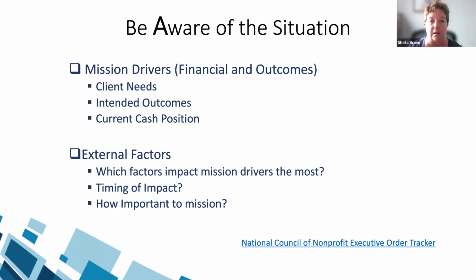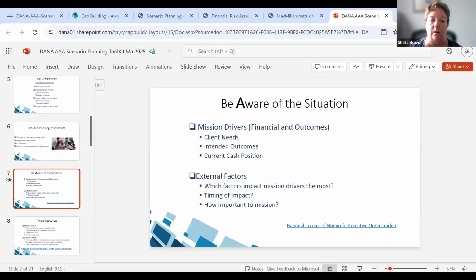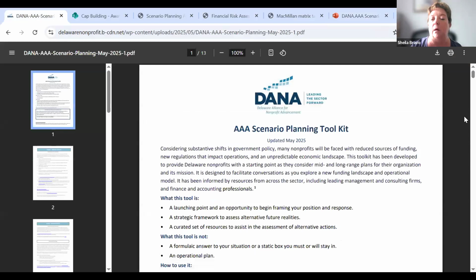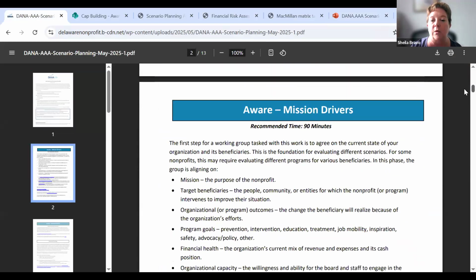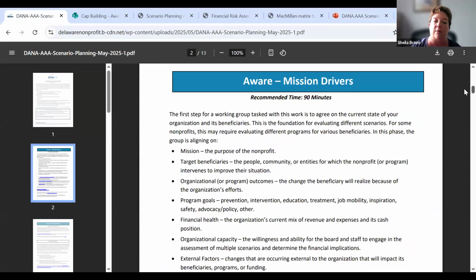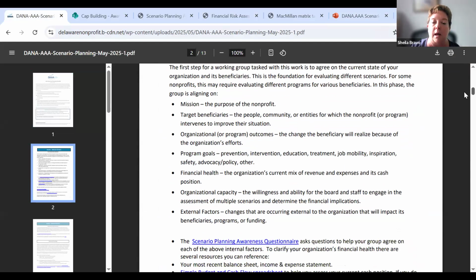So I'm going to take us out of here and actually take us to the toolkit itself. That's it here. Okay, here we go. And show you how this is structured. So you see here, the first is on the mission drivers, and we try to give you some prompts to think about your mission, your target audience, and your programs along with your health. And we have a